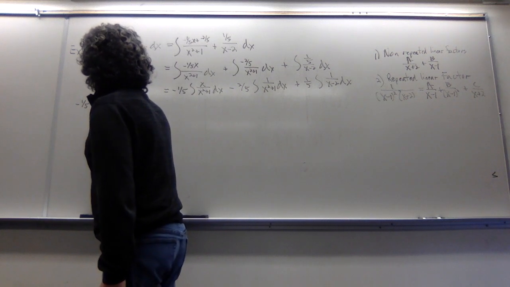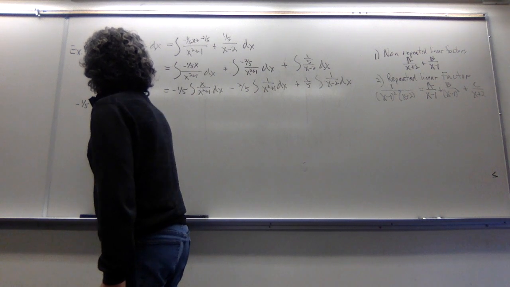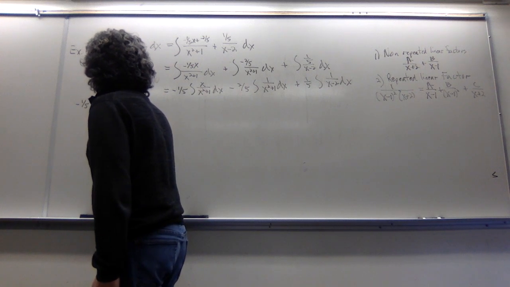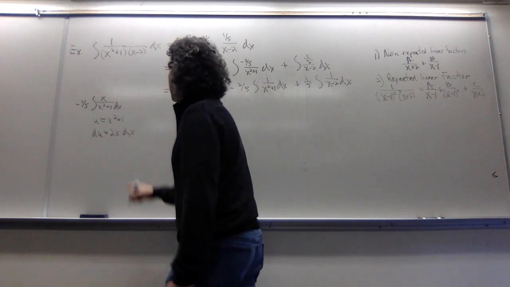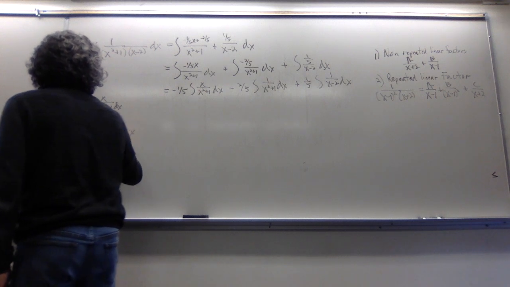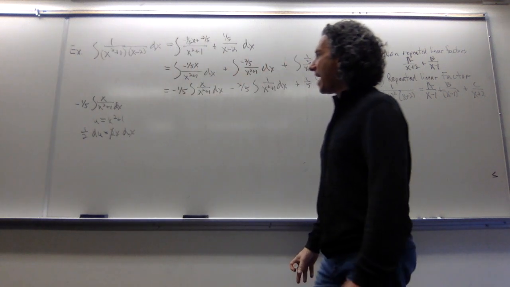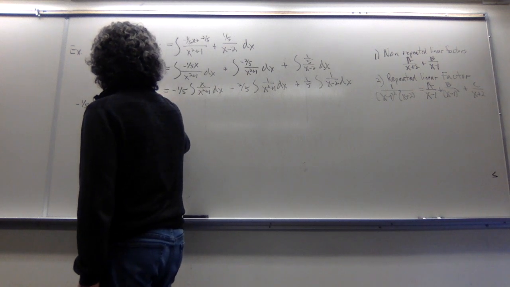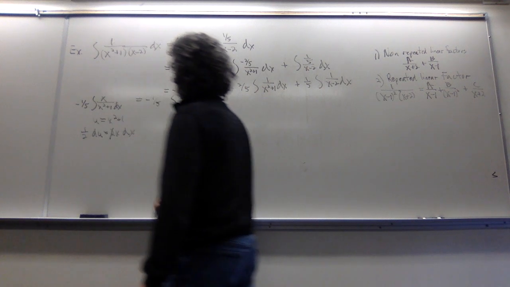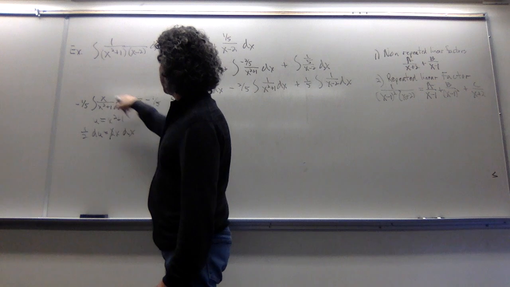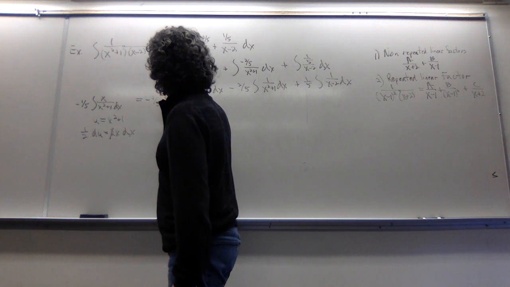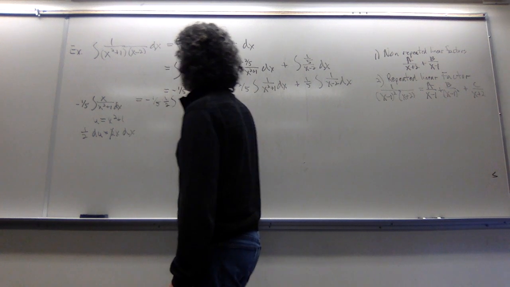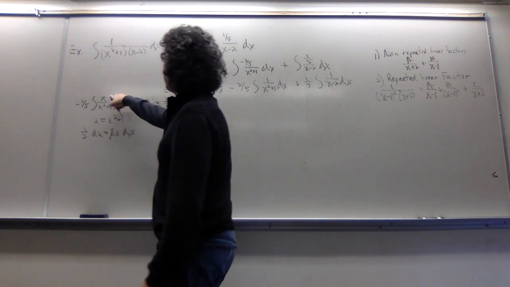So I'm going to let u equal x squared plus 1. du is then 2x dx. I can divide both sides by 2, aka multiply both sides by a half. So let's see, in u world, x dx is equal to 1/2 du. And this guy is just 1 over u.